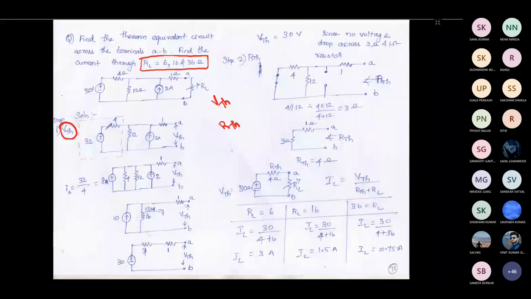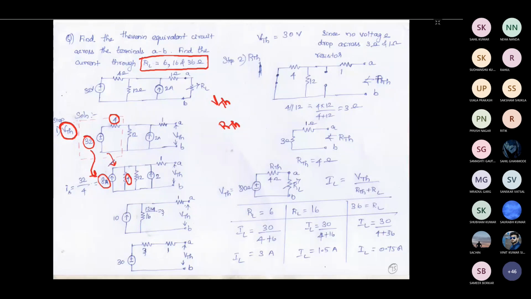Now here there is a voltage source with a resistor in series. What I can do is use the source transformation technique in order to reduce this circuit. So I have done source transformation. The voltage source with a resistor in series has been redrawn as a current source with a resistor in parallel. Now what should be the current magnitude? That is given by V divided by R. This is the V and this is the R. So V divided by R is nothing but 8 ampere. Then you have 4 ohm here.